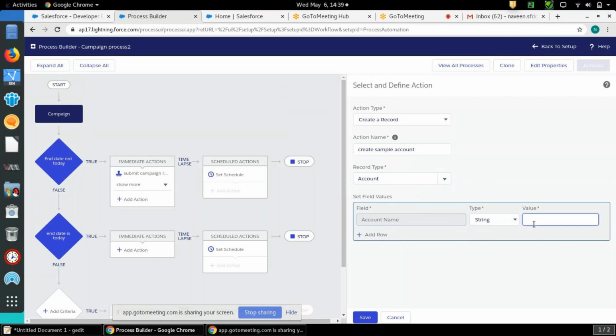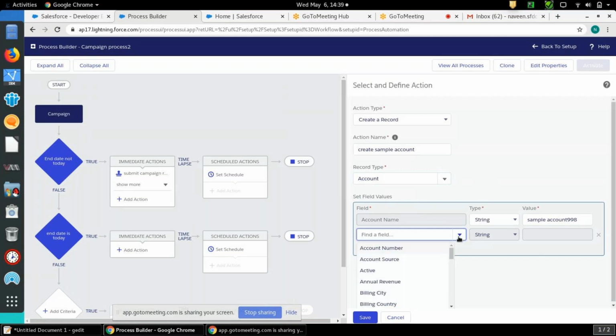You mention something like sample account 998. Anything you can mention. If you want to fill another field also, you can add a row and fill the fields.